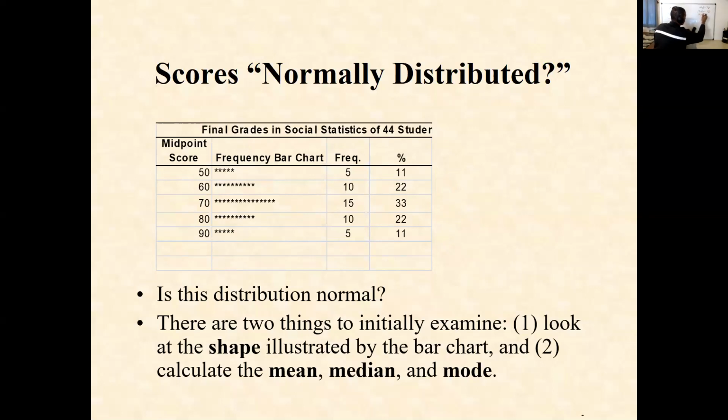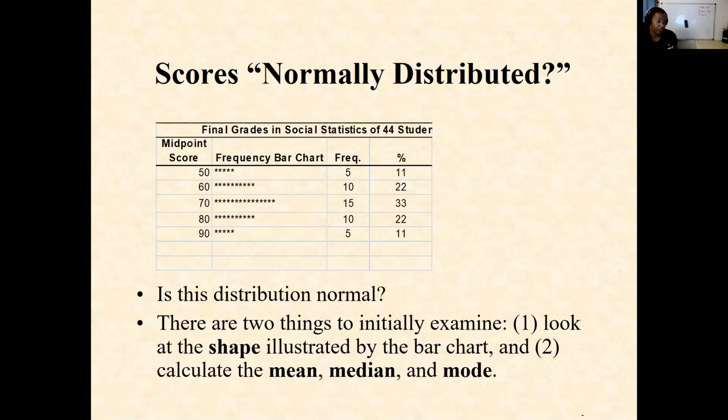And then the last thing you would have to do is calculate the mean. Now, how do you go about calculating the mean in a frequency distribution? Hopefully you all remember this. What you do is you multiply the frequency by the raw score. So what you would do here is 50 times 5, and then to give that score of 60 its proper weight, 60 times 10, and so on and so forth, add them up and then divide by the total number